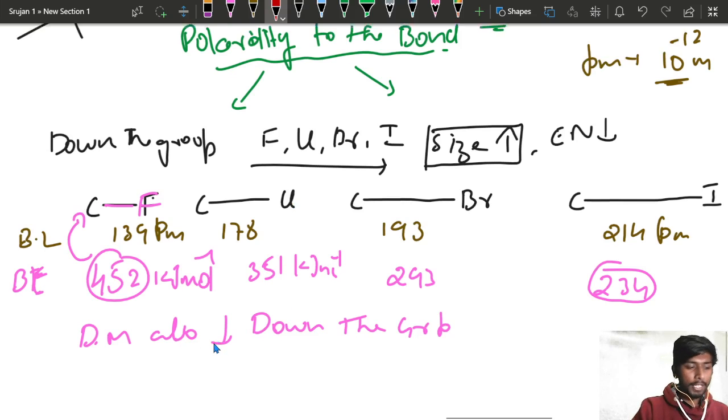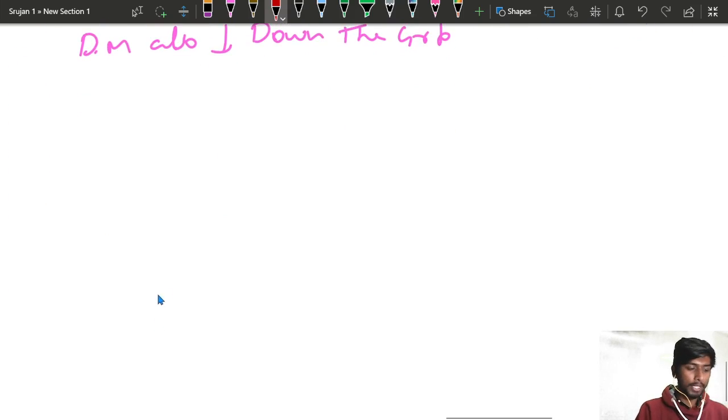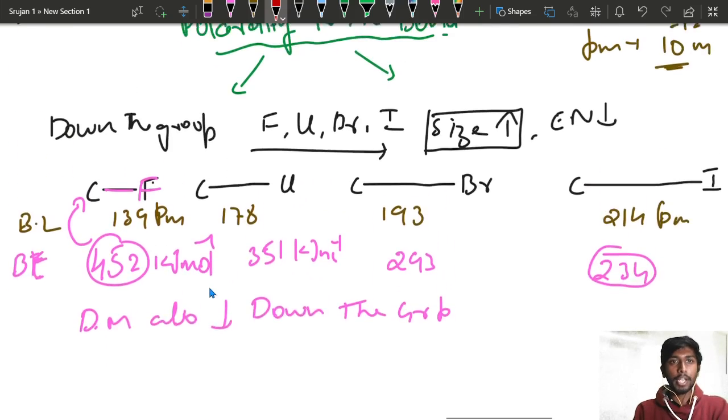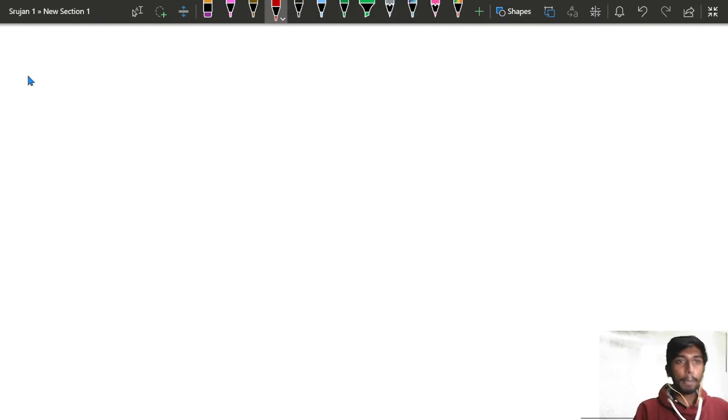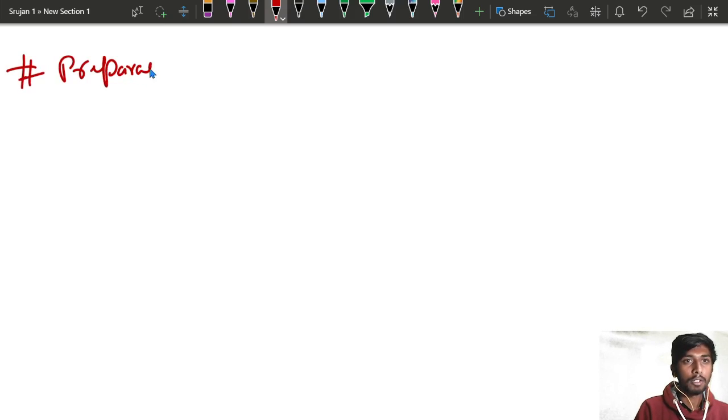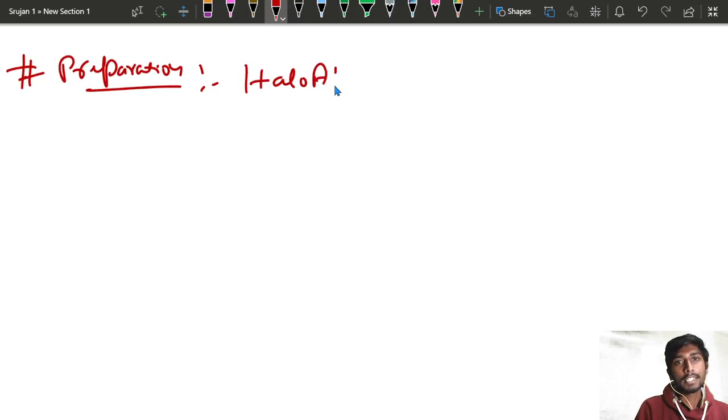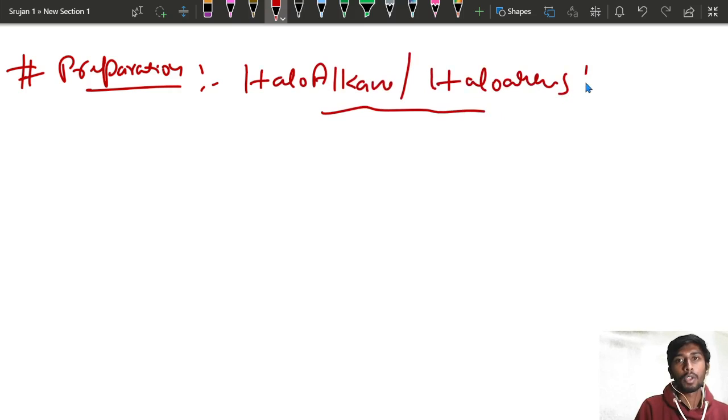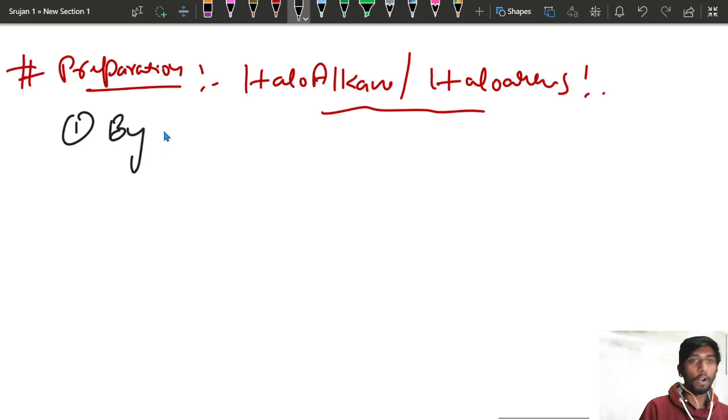So now we can go with the preparations. Okay, so how can you prepare haloalkanes and haloarenes? Okay, so first method we can follow by alcohols